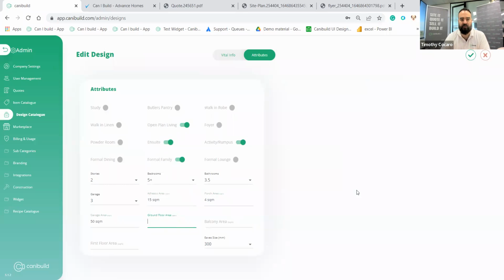Apologies for the square meterage. I'll just quickly jump back to the Australian setting. So on yours, it'll be square footage. Apologies for that. It does take an Australian quite a bit to get their head around inches and feet. But if I click on tick,